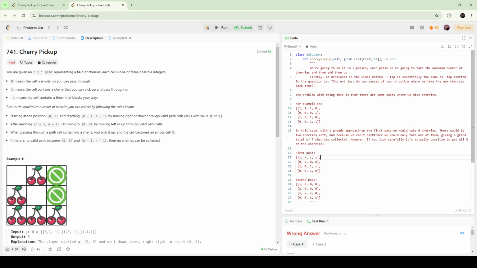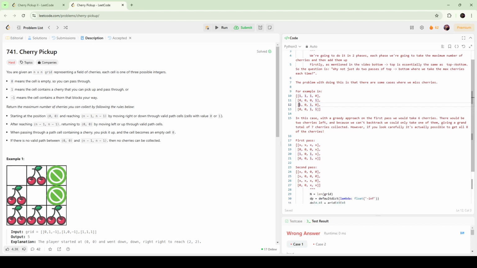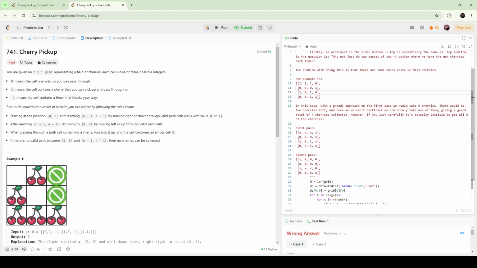Okay, so if we do it in a greedy way, then in the first pass we are going to take the most number of cherries, right? And then we take this, and this, right? And by doing that, we can collect 6 cherries. In the second pass, we are going to either take this or take this, and that's going to be 7 in total. However, if you look carefully, it's actually possible to get all of these 8 cherries on the board,